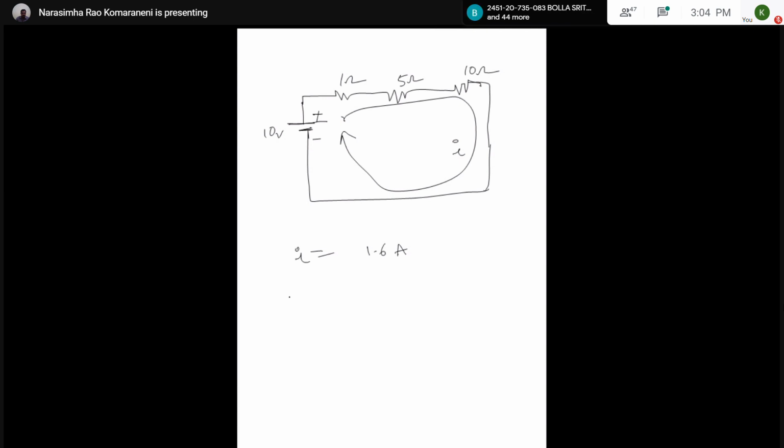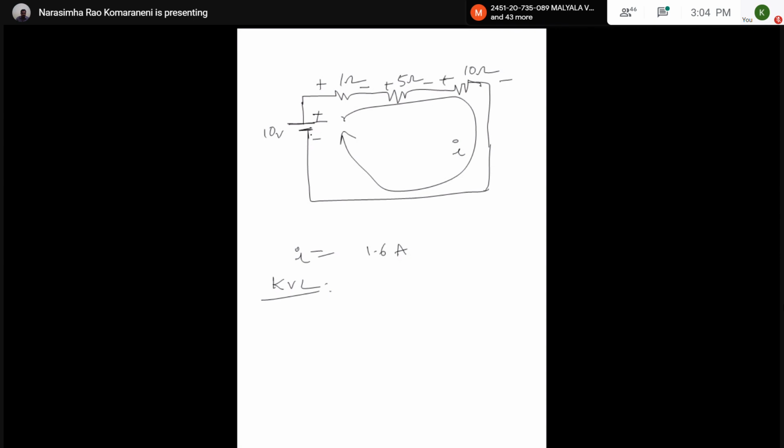Now you tell me what is the KVL equation? How will you write KVL? Writing the KVL, based on this conventional current direction, you have to first write these polarities for each network element. The entering point of the conventional current into a network element we read as positive and the leaving point negative, so it is positive, it is negative, it is positive, it is negative, right?